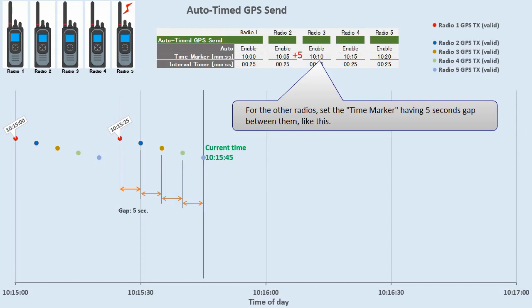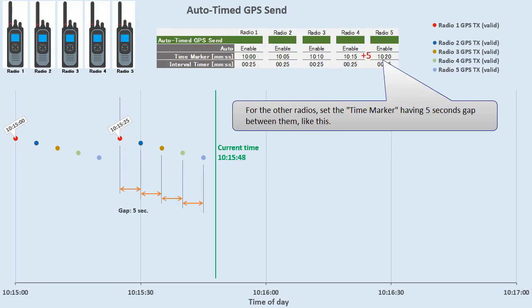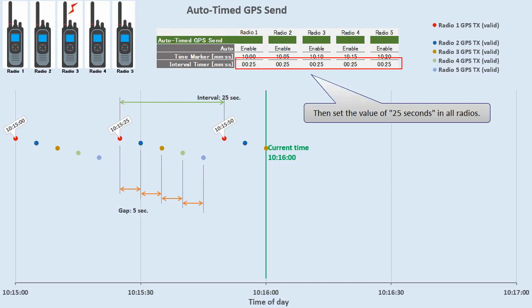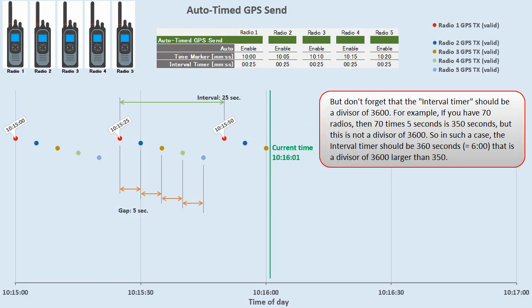For the other radios, set the time marker, having 5 seconds gap between them, like this. The interval timer should be calculated as multiplying the gap time by the number of radios. This is the minimum interval, not to be overlapped. In this case 5 by 5 equals 25 seconds. Then set the value of 25 seconds in all radios, but don't forget that the interval timer should be a